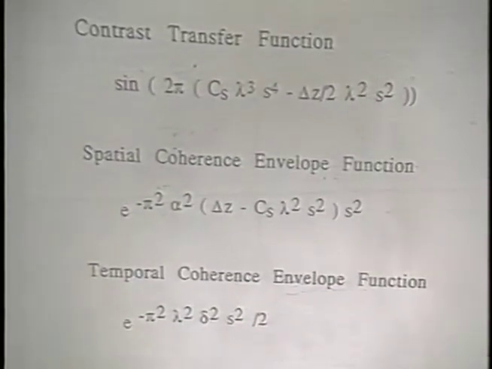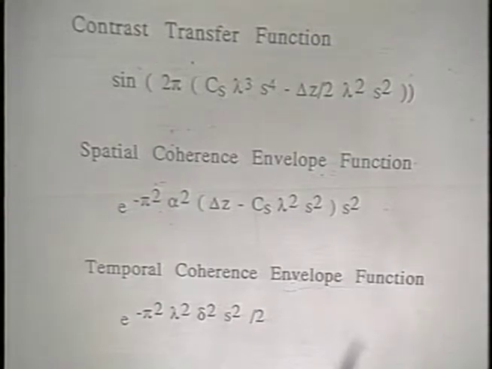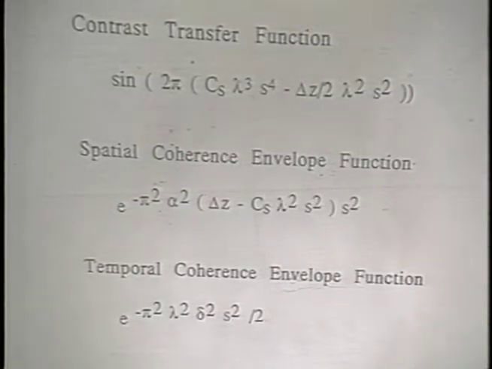Again, you don't have to write down the equations. You don't even have to remember them. But basically, these are two functions that cause the resolution itself not to be limited, but cause the contrast to decrease as you go to higher resolution. These are really the functions that limit the resolution, at least for the high-resolution imaging regime. And probably the extension of these two envelope functions with the higher voltage microscopes is the effect that really provides